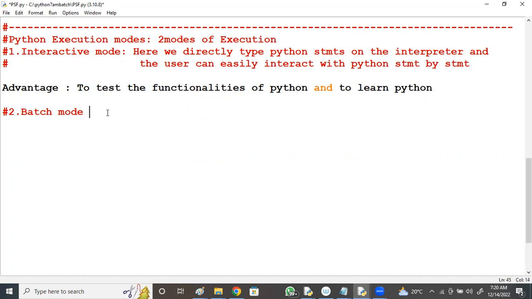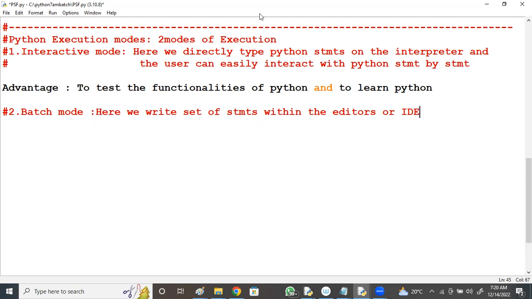Batch mode. Here we write a set of statements, or a batch of statements, within editors or IDEs, integrated development environments.